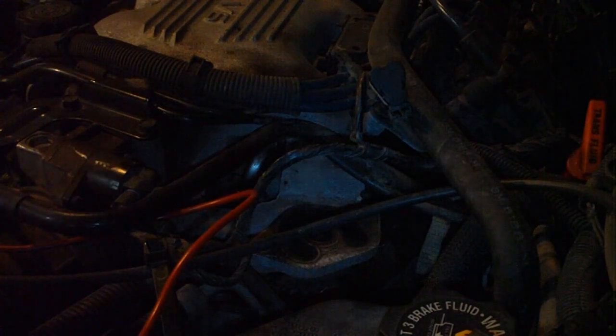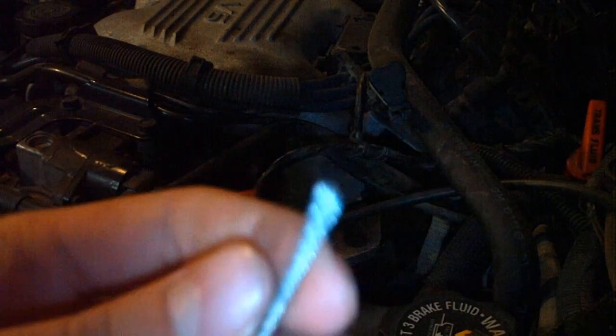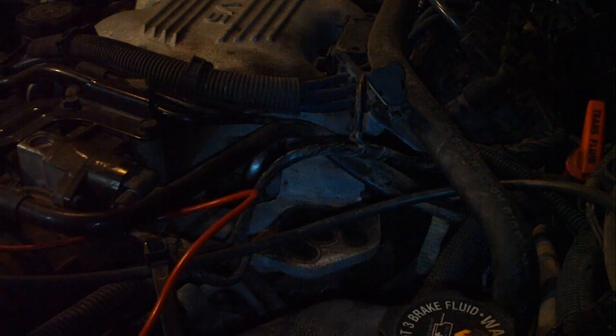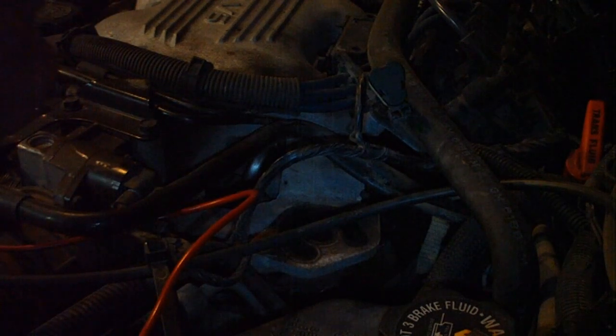So what you're going to need is some throttle cable and a drill. Now when you're doing this, you've got to be careful not to lose these wires. They'll fray, and you don't want a piece going off inside your engine. So what you do is you turn. Let me get that in there. As soon as you tighten it up,